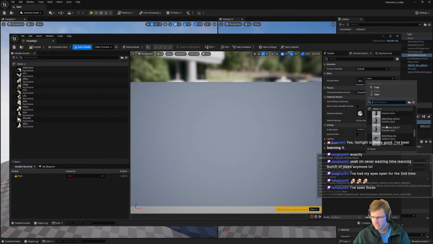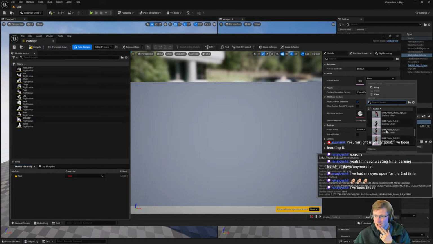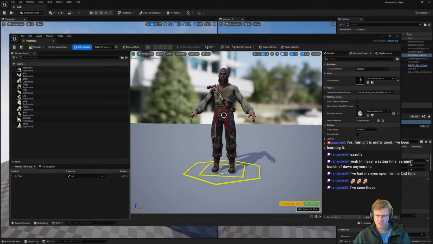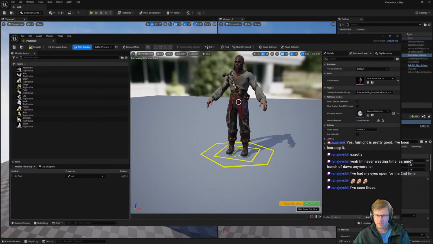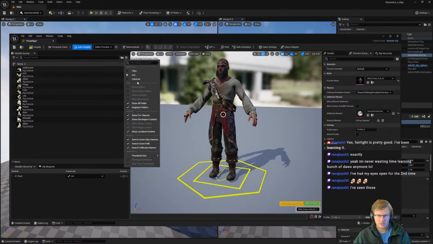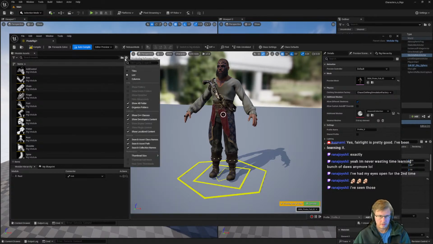But basically you need a skeletal mesh, and the skeletal mesh needs to be properly labeled with its bones and stuff. So you could probably find quite a few that fit that criteria for free. And then this is the new rigging system.